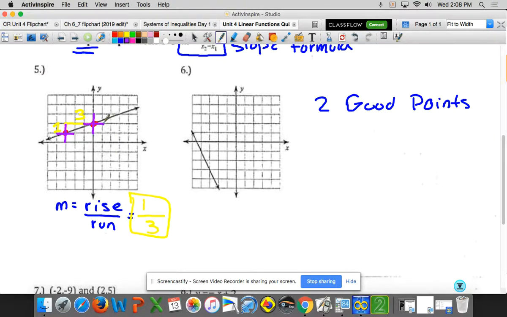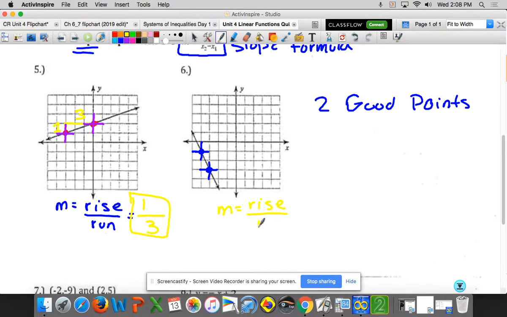So when we come over here, we have to find 2 points that perfectly intersect the graph, and one of those is going to be right there, and then there's another one right here. So what we are going to do now is to just do, just like we did over here,